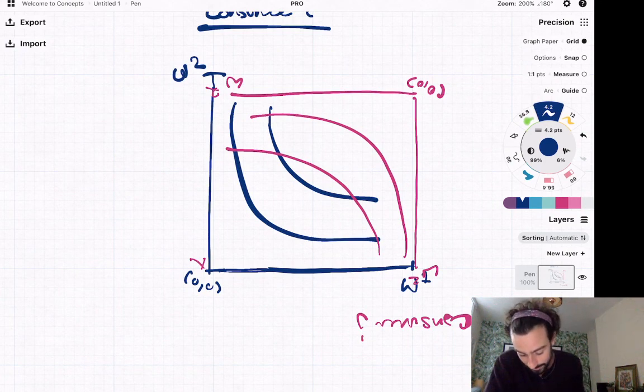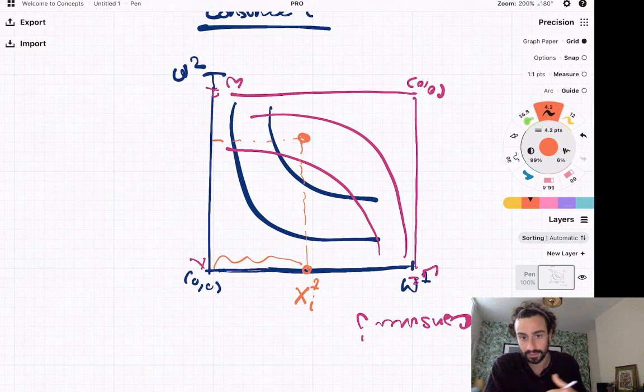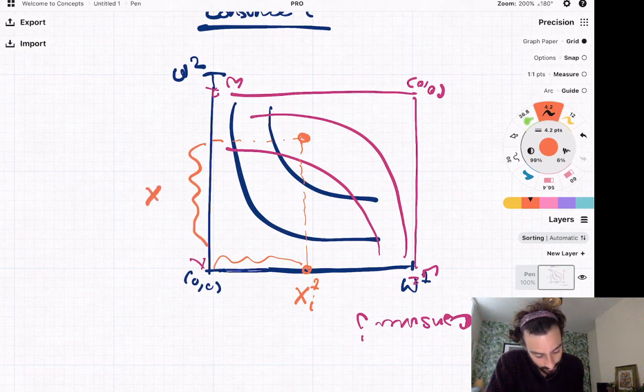So let's think about what happens if we have some point here in the economy, right? What does this point represent? Well, if we drop it down to consumer I's axes, this says that the consumption of consumer I in good market 1 is this level here. This squiggly line is the consumption of consumer I in good market 1, and likewise this point there is x i 2. That's the consumption of consumer I in good market 2.